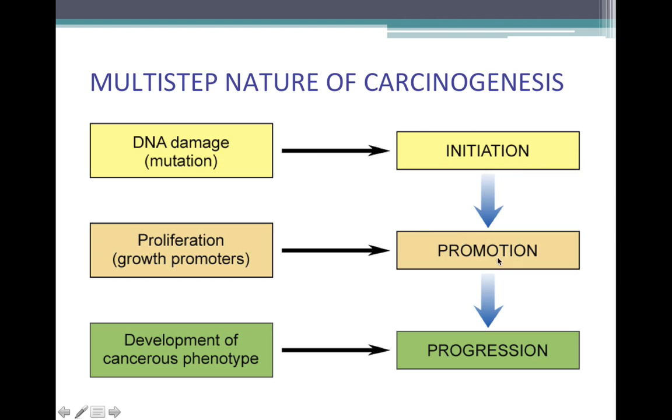Now, what happens then is that as those cells start to grow, they can start to release other growth factors, which can cause nearby cells to grow. And as these cells start dividing, they can start to take on a cancerous phenotype through rapid cell division. And if these cells start dividing so rapidly and releasing so many growth factors that they start leaving their tissue site and start looking more anaplastic, that's when we have progression of that cancer to different stages, like stage 1, 2, 3, and 4.